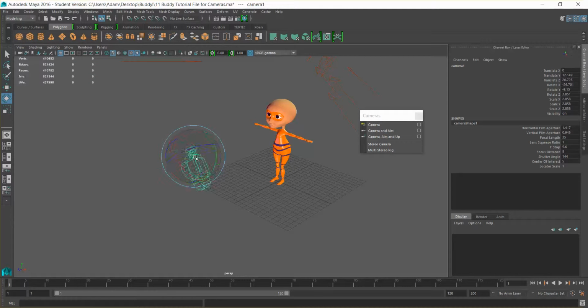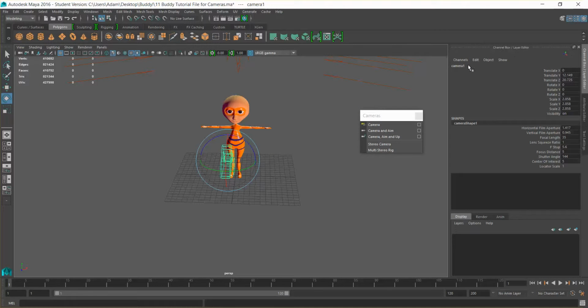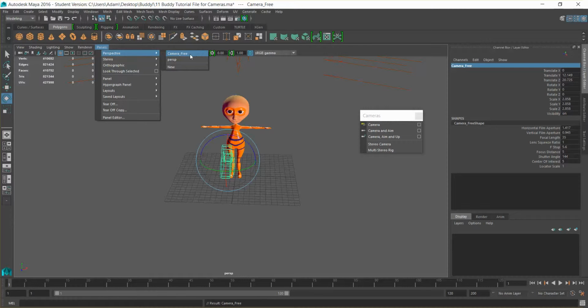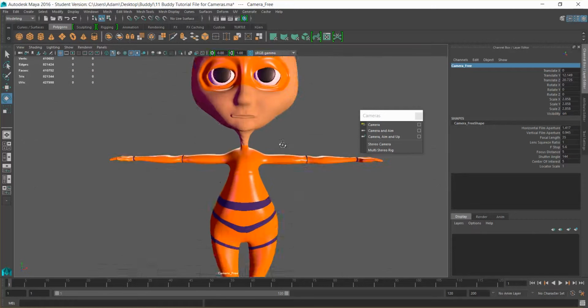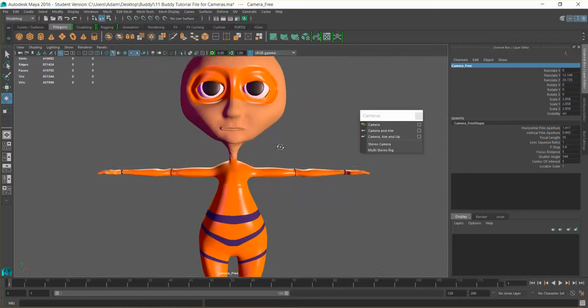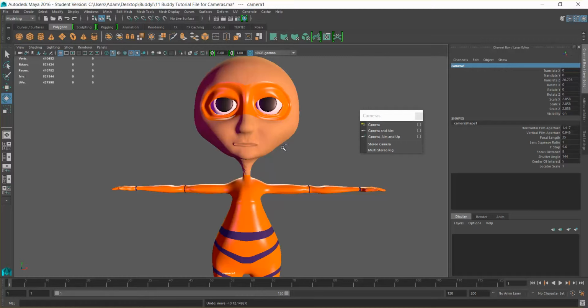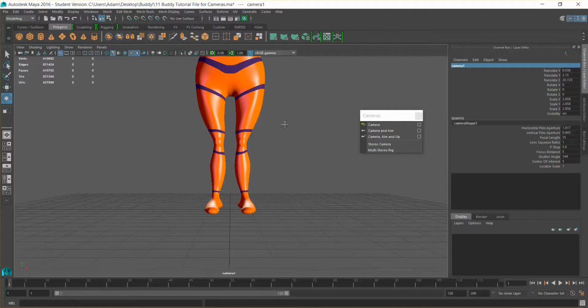There's no fixed point of where it's looking and where it's going. We have control. We can rename this as camera 3. And if we go to panels, perspective, you'll see our camera has appeared in this list. So if we go camera 3, we can turn around and look anywhere, and I'll reposition our camera from the viewport. Now the only issue with this is going to be